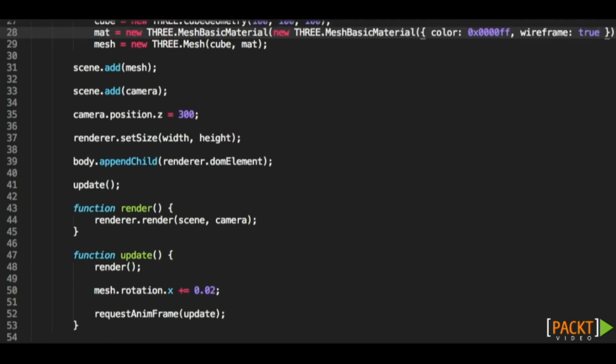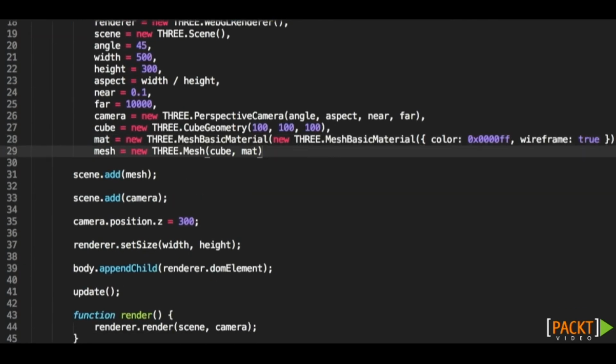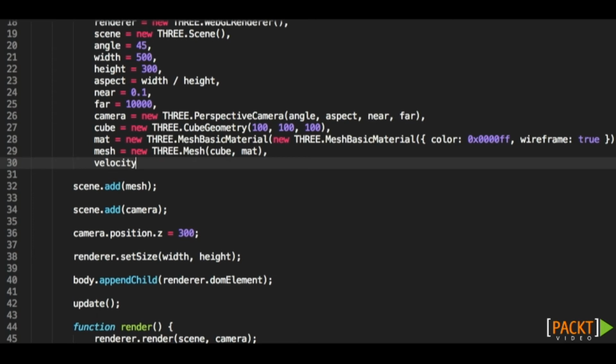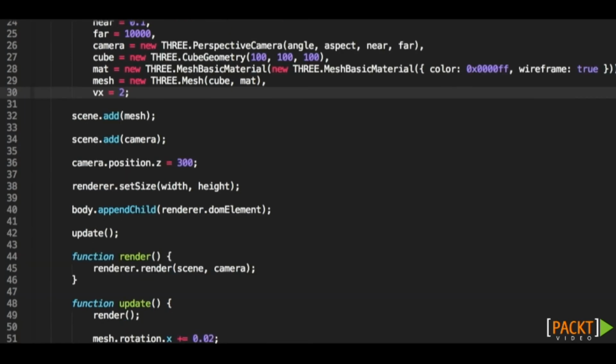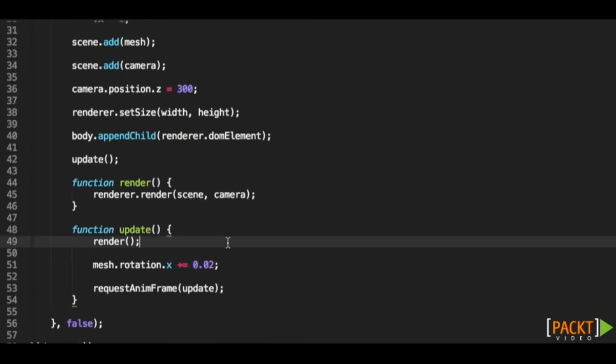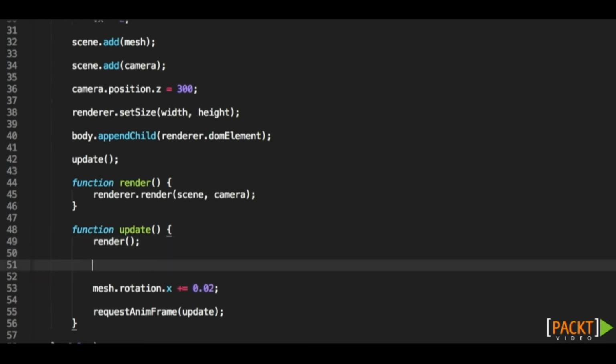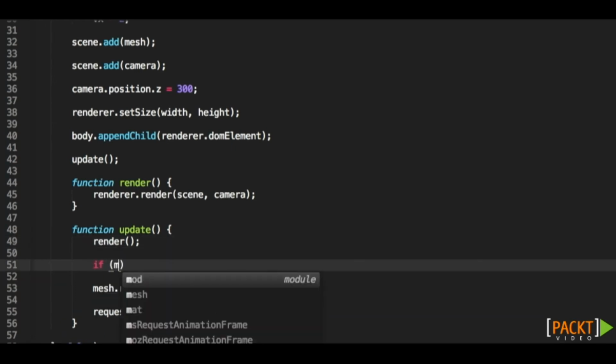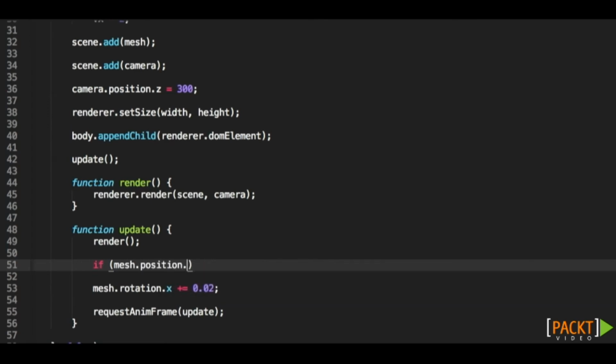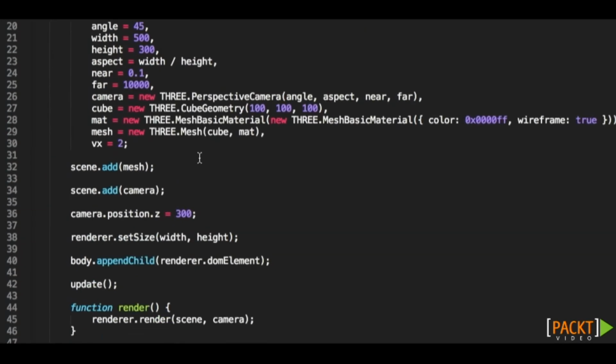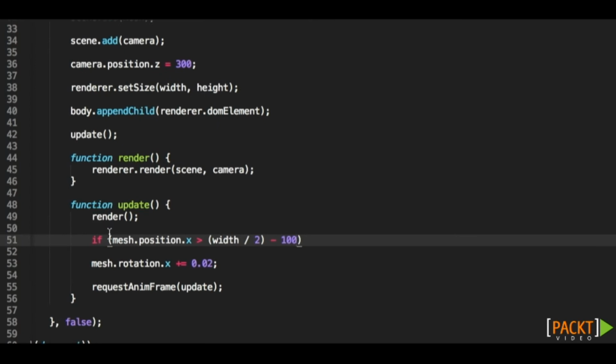So to make it act like previous examples, all we need to define is a couple of additional properties, such as the velocity and things like that. So let's create the velocity variable, and let's say that it equals 2. Let's change it to the x. And inside update, what we are going to be doing now is to say if the position of the mesh in the x-axis is bigger than the width of the viewport divided by 2 minus 100, which is actually the width of the cube,